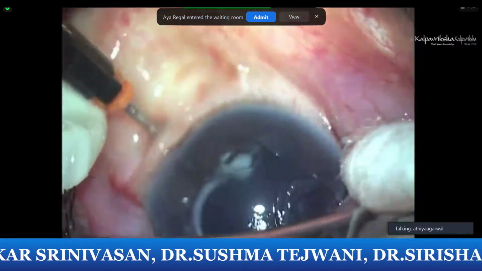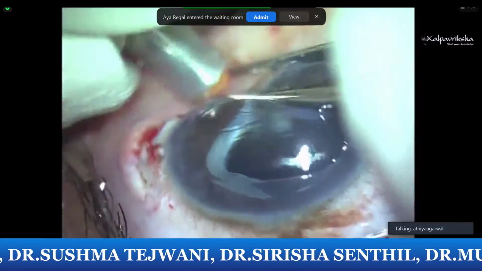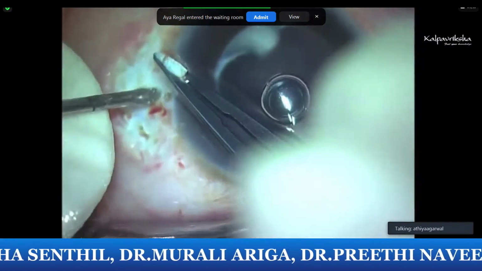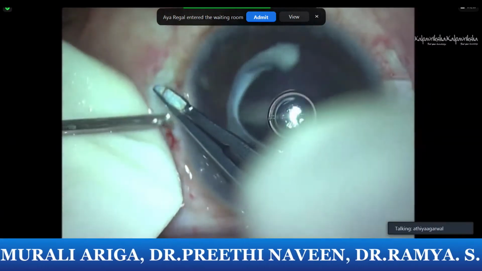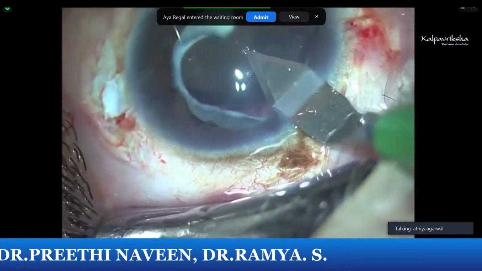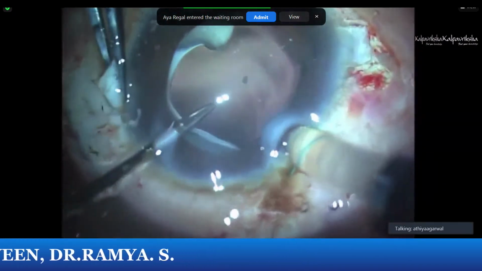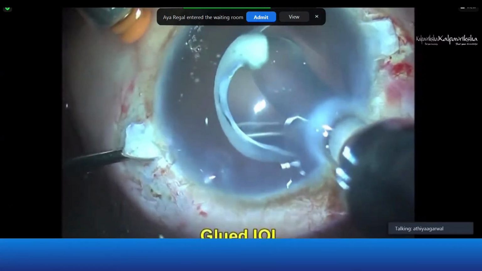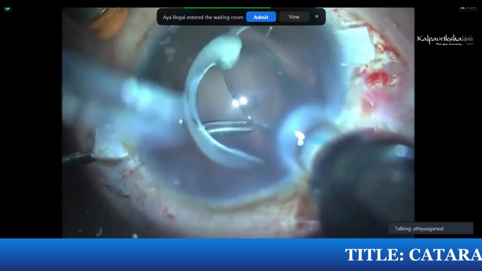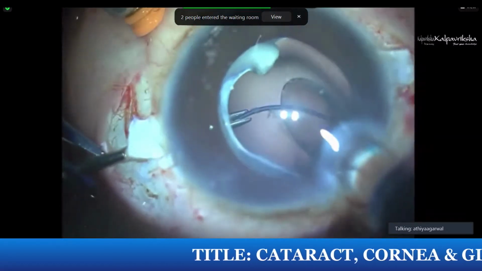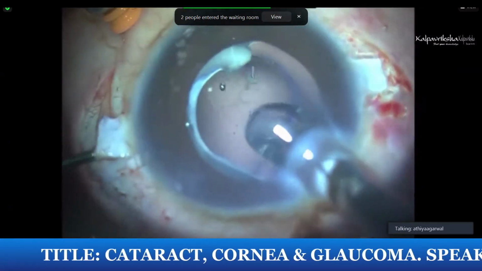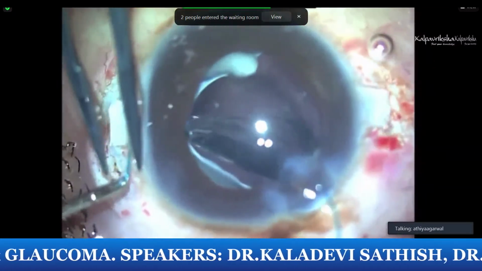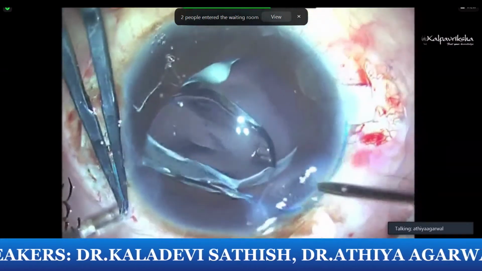But any of these glued IOL surgeries have to have fluid going inside the eye. So I have placed a cannula just behind the limbus. Under the scleral flap, we create a sclerotomy with a 22 gauge needle so that we can enter the eye and externalize the haptic. A 2.8 millimeter incision is being made there, and a 3-piece IOL is taken and a glued IOL forceps goes inside. Either I have to do it myself or my assistant is going to rotate the injector so that the haptic comes out first. Holding the tip of the haptic, we bring the haptic out on the scleral bed and the assistant is holding it.